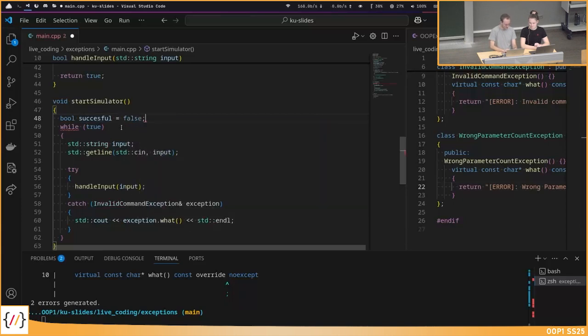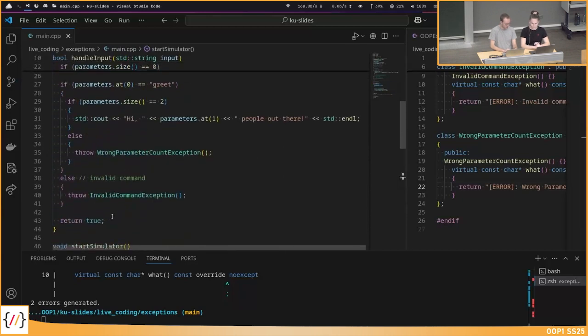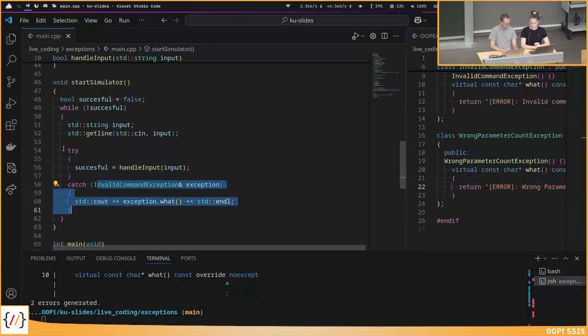Then while we're not successful, we repeat this, and if handle input was successful, then this is true. We go out of the loop. And otherwise, if we throw an exception, then we certainly do not return true here. So we go to the exception and repeat the part again. Okay, now let's try everything.